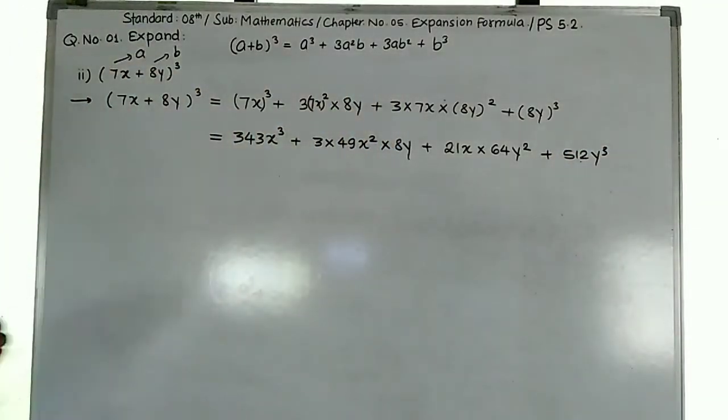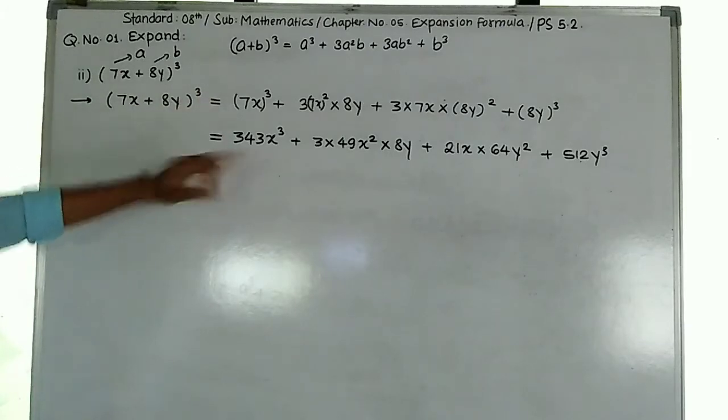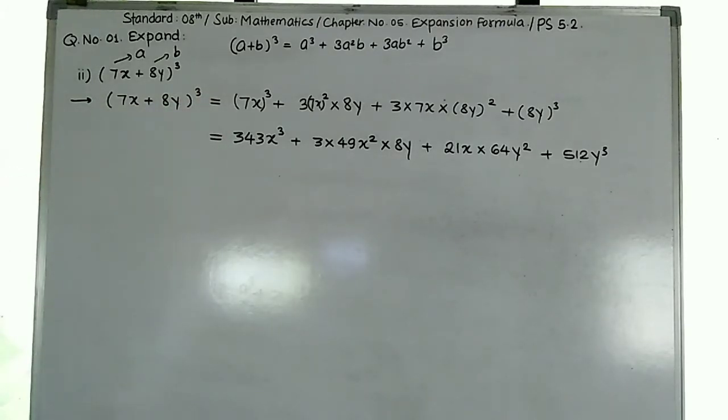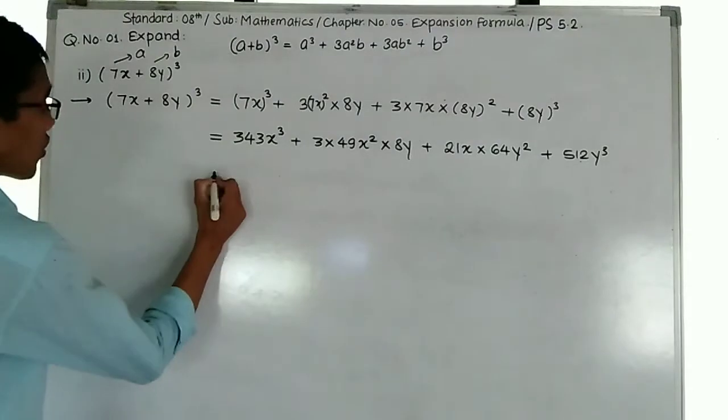Okay, so now here it is important that you must know the cubes of at least 1 to 10. From 1 to 10, you must know the cube of those numbers. Now 7 cube is 343, and 8 cube is 512. Now let us simplify it. So let us see now. We can write